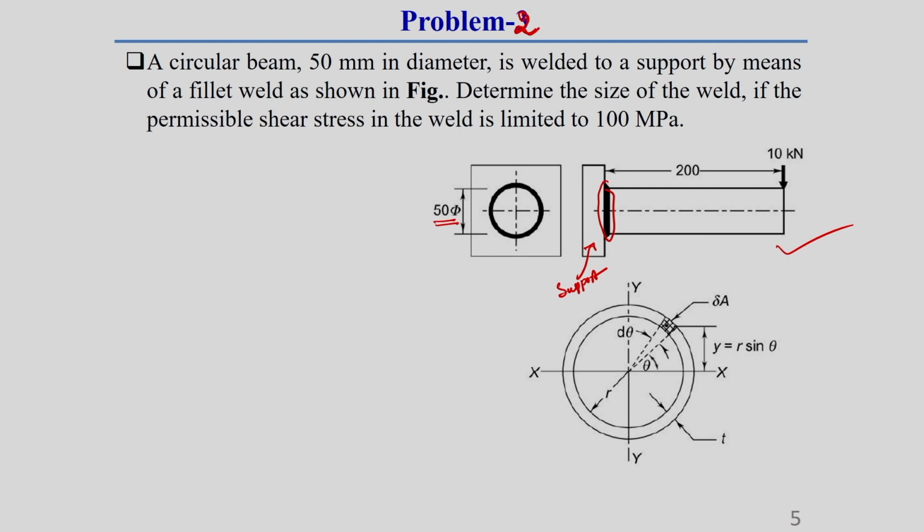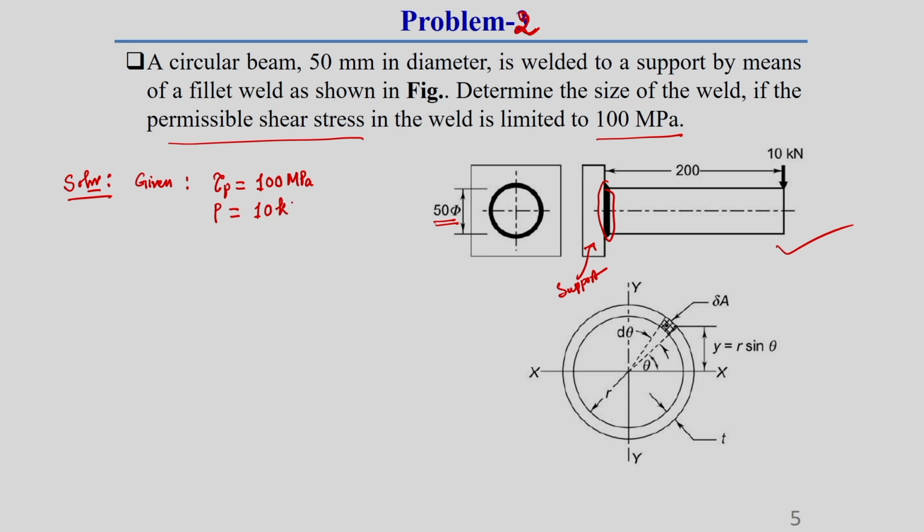So, you know that this fillet weld is a triangle type of weld which has a leg length and throat thickness dimension. We have to find out the size of the weld. Here the given permissible shear stress is 100 MPa. So, first of all, what are the things given? Given data: permissible shear stress equal to 100 MPa and the load P is given as